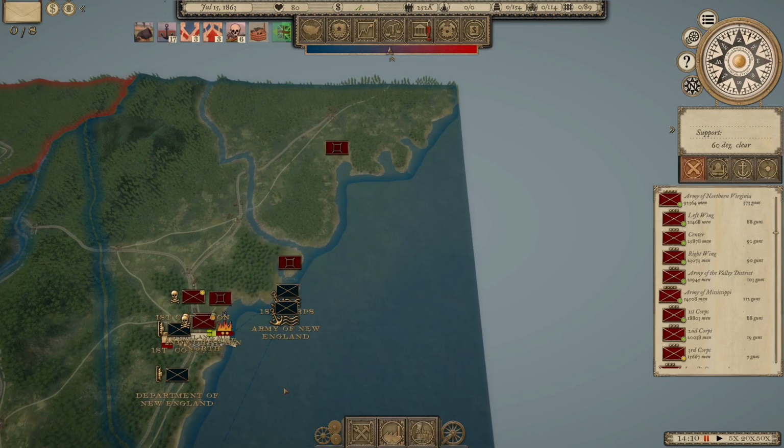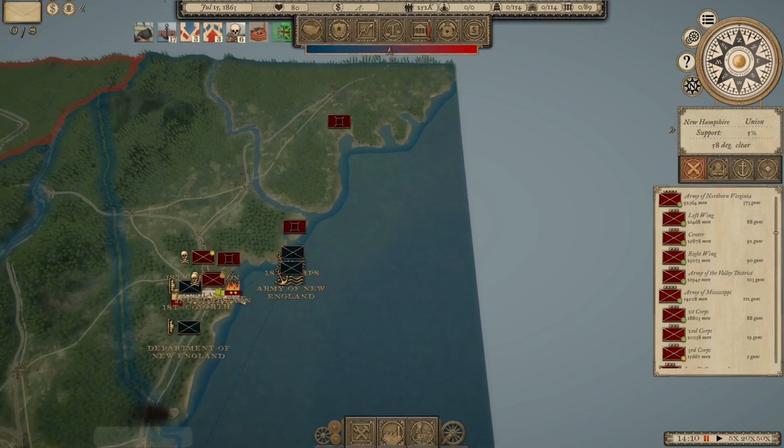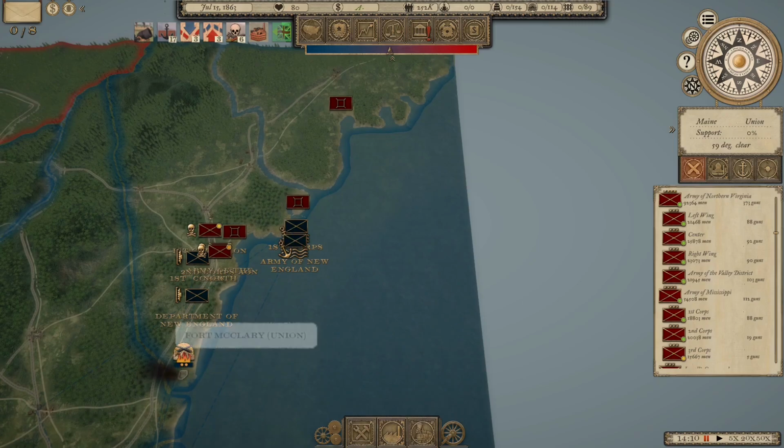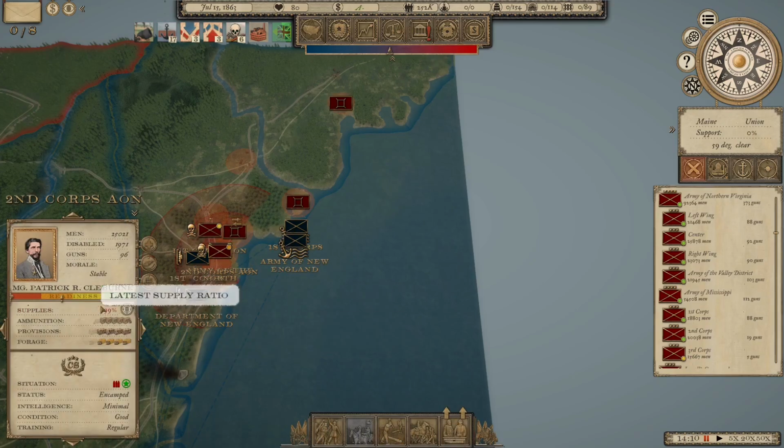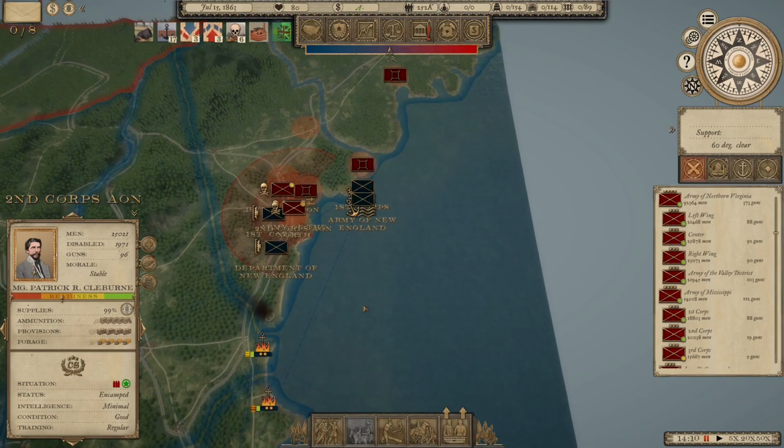So the Department of New England chased away 1st Corps Army to the north from their siege of Fort McClary here. And thankfully 2nd Corps was in position as their corps was chasing to intercept. And we had just good enough morale to win this fight. Though we did lose one officer killed in action. And that was...